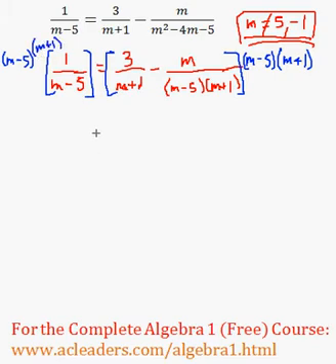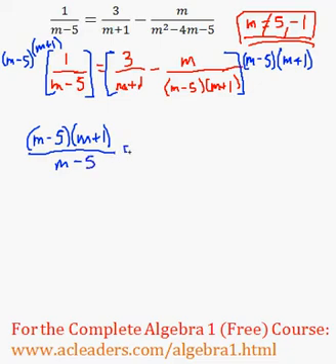Whoops. And okay, so let's distribute that over here. We multiply by 1. So we're multiplying both these elements by 1. Sorry that it got kind of messy. So once we do that, we're only going to obtain m minus 5 times m plus 1 all over m minus 5. And over here, I'm going to distribute the m minus 5 times m plus 1 over here